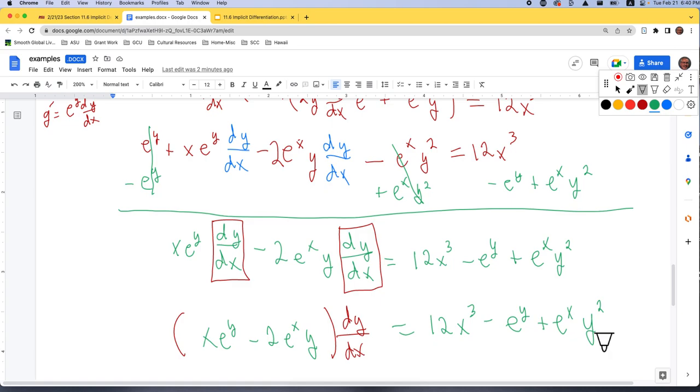So we always end up with this fraction that has the stuff that didn't have the dy dx on top. Anything that did have a dy dx ends up in the bottom. So you'll see that that's a pretty steady pattern. So it's just going to be this divided by